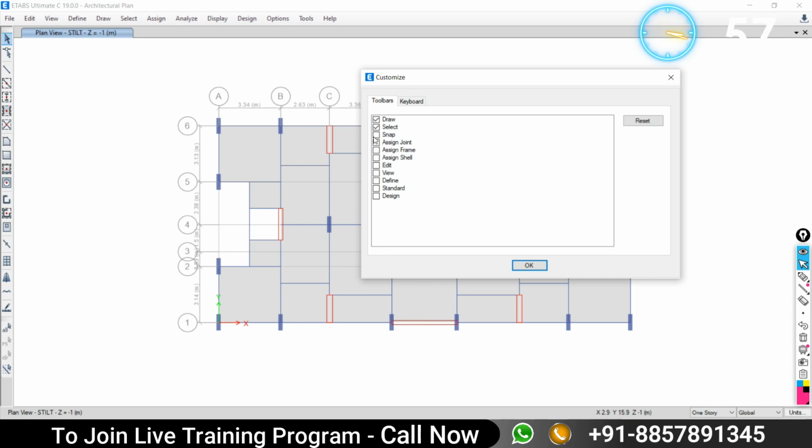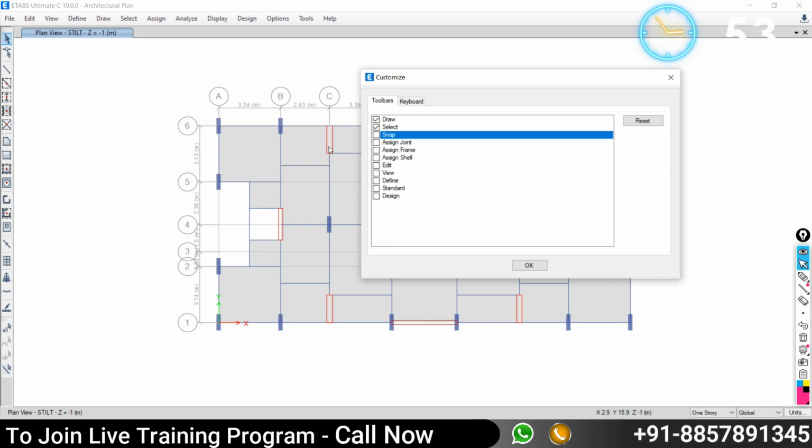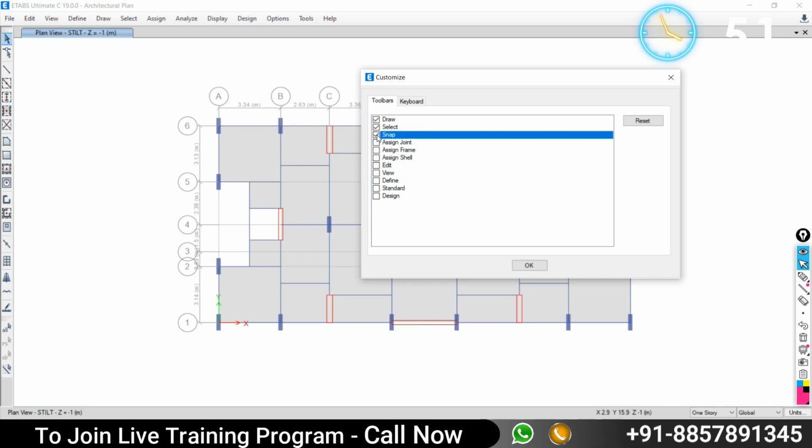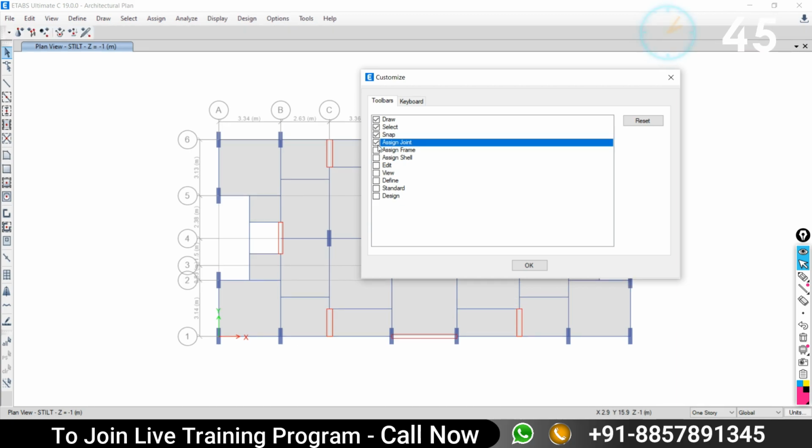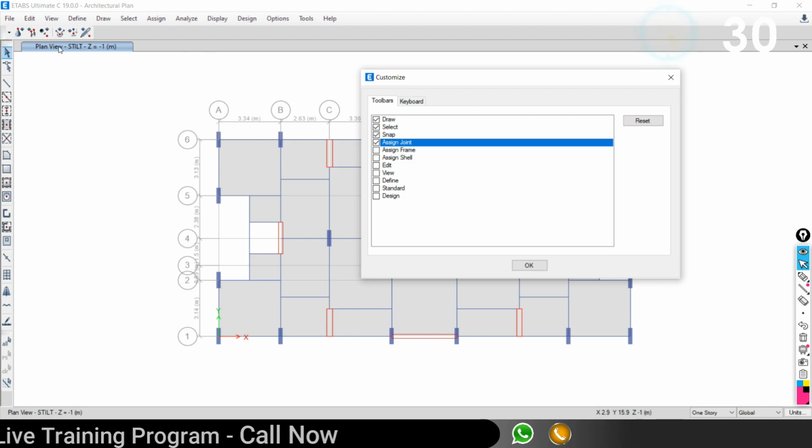So this is the snap option. See, it is going to be checked. Then go to joint assignment. Suppose you want to assign the load over the joint and whatever you want to do with the joint, you can get that from the edit option, but a quick access is actually given by the software here.